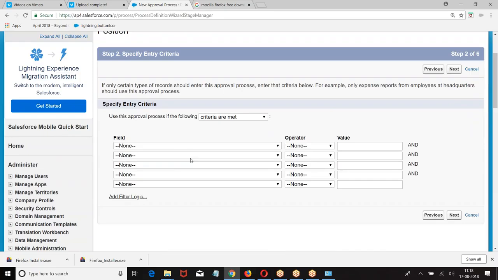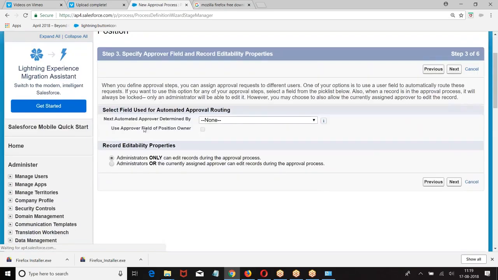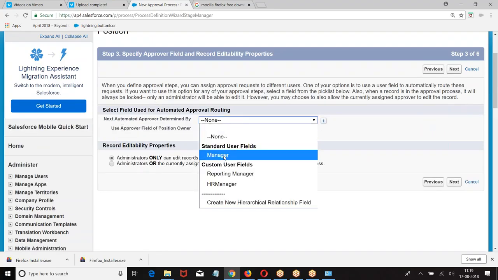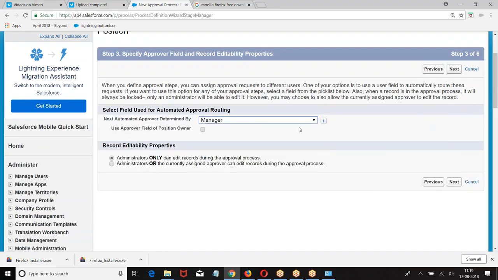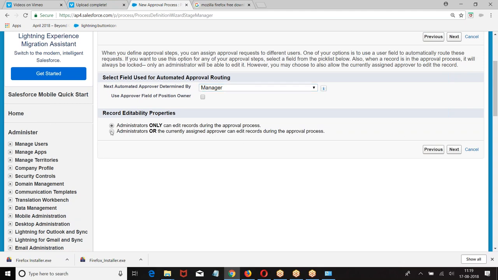Do you have any condition? No condition. Every record should go to the approval process. Then who has to approve it? My manager has to approve it. Then who can edit the record? Admin and